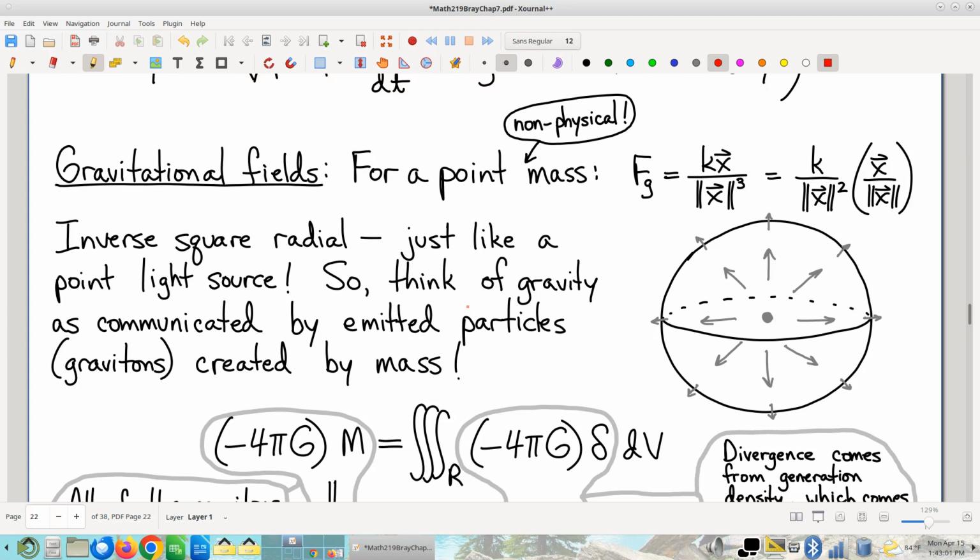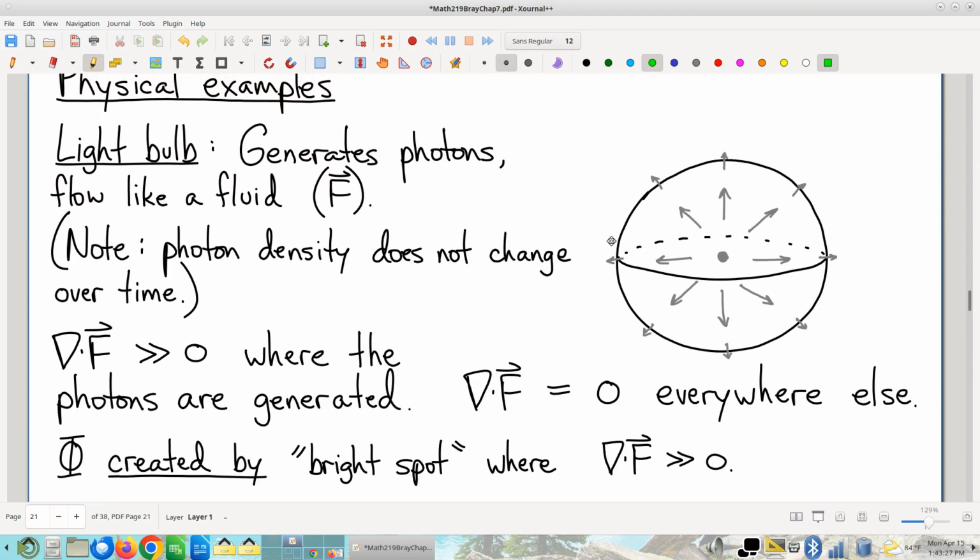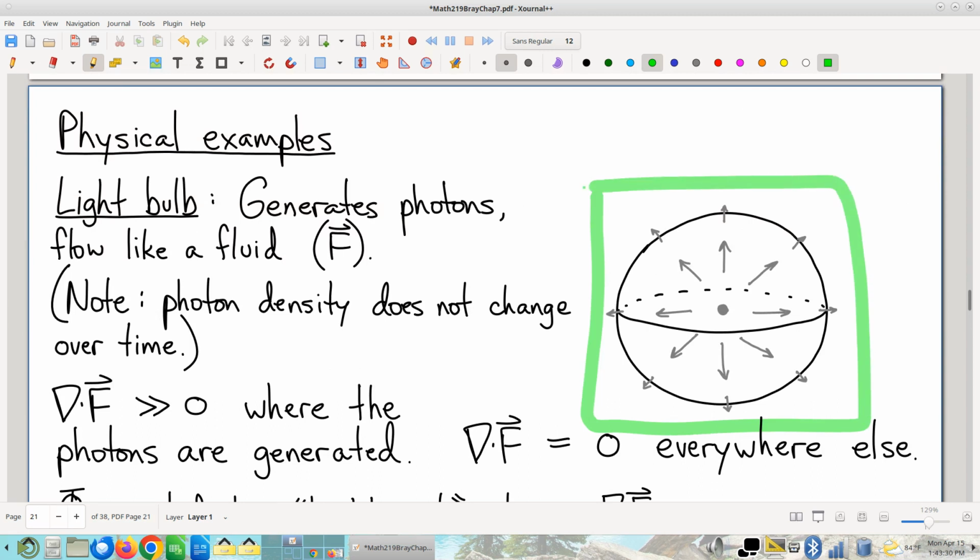Okay, so back to this vector field, our gravitational field, and you look at that, and this might look familiar. This is actually the same exact vector field as for a light bulb. And you can see the picture. We didn't write down the formula previously, but here is the picture that I've drawn of it. You can see inverse square radial. And then you look back at the light bulb picture, and it's literally exactly the same picture. In fact, I copy-pasted to make my drawing easier when I was writing these notes. So exactly the same vector field.